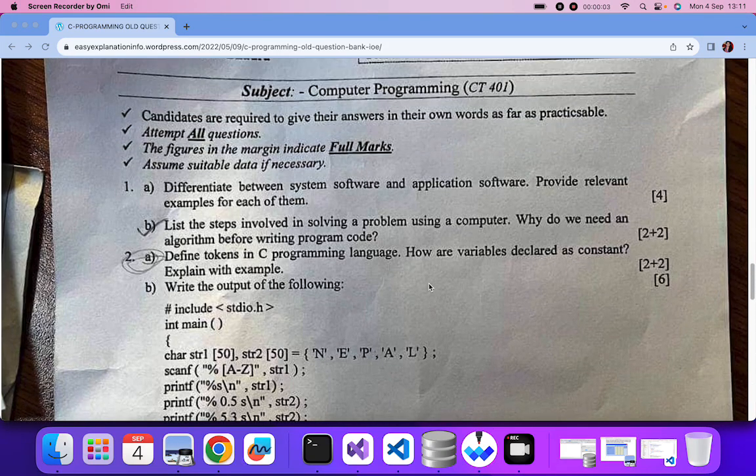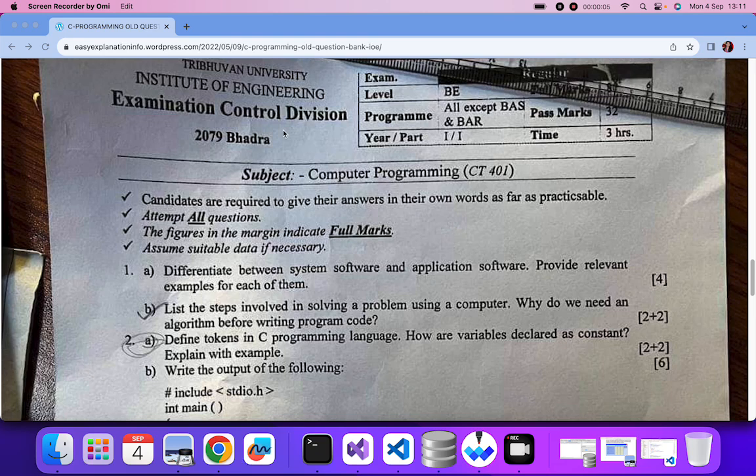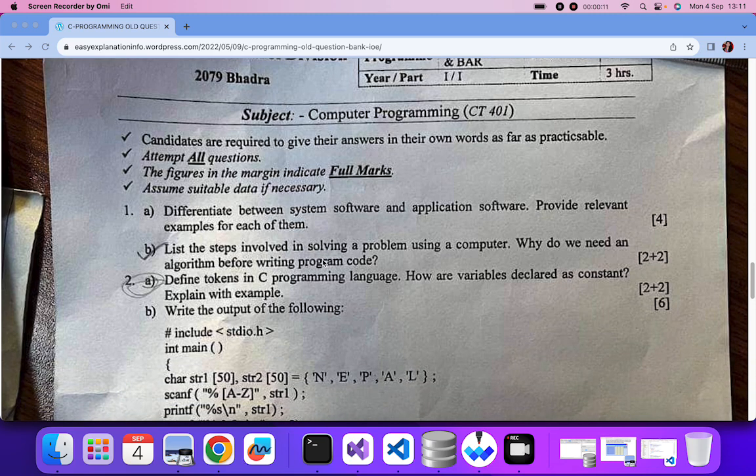So in this video I'll be covering the theory portion of the old question bank. I'm covering the question bank of 2079 Bhadra, and in this video I'll only be covering the